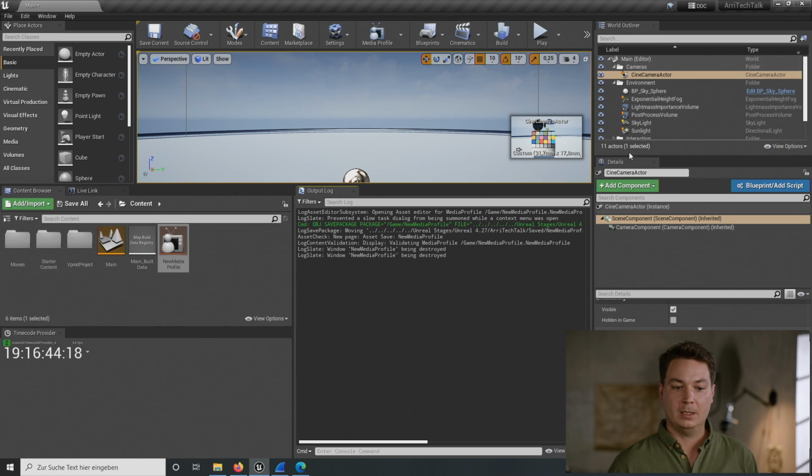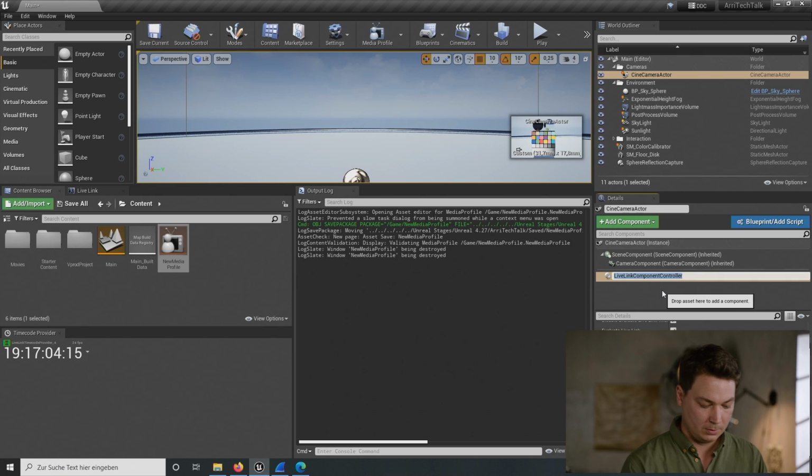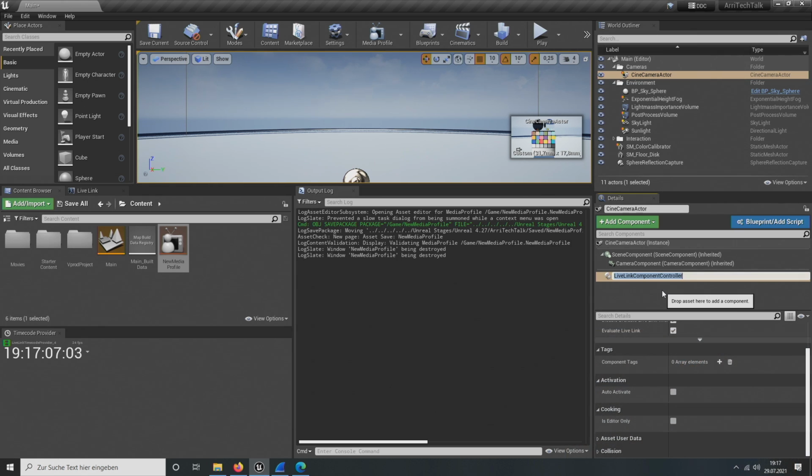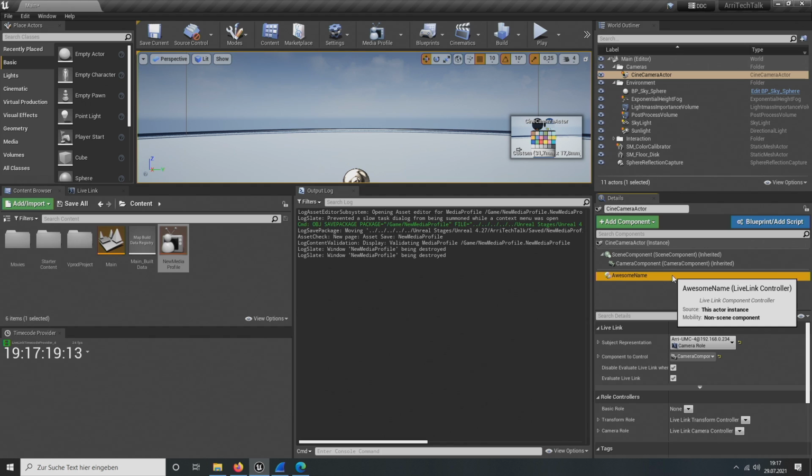Okay, now the next step for a standard live link workflow would be to look at the Cine camera, which is already created in this project, and to that Cine camera you add a live link component, which is already highlighted for me. Usually you type in live link component, you say I want that controller, give it a name, awesome name,